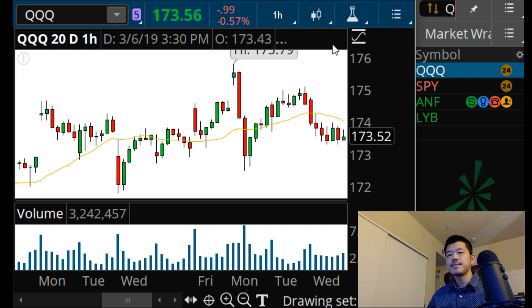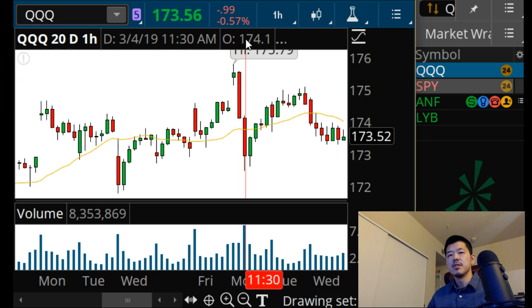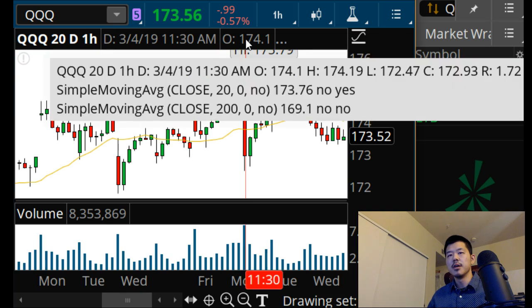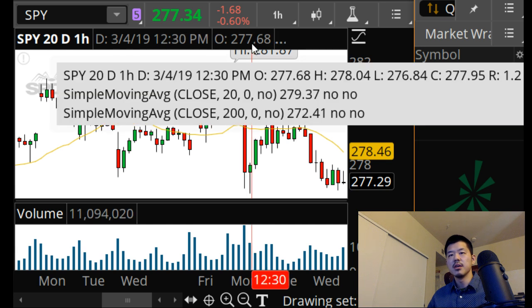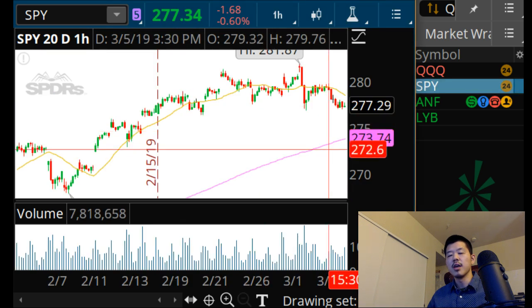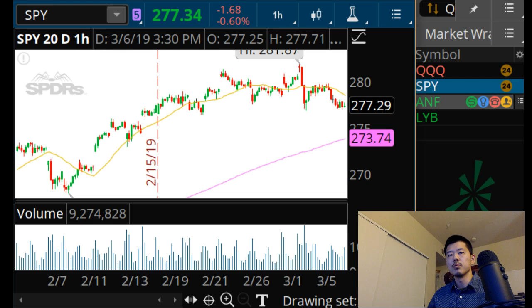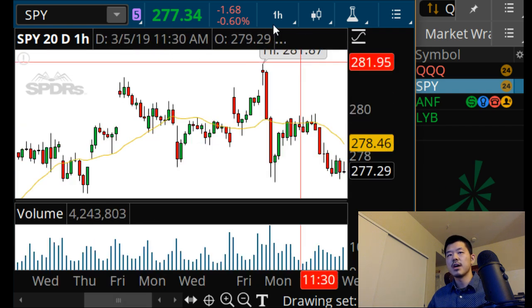Okay, so going into tomorrow, what I'll be watching is the lows here from Monday, 172.47 on the QQQ, and 276.80 on the SPY. If we break that, we are going to be looking for a bearish setup. Well, until we break that, we're neutral across the board on this hourly, and then on a sell setup or breakdown, we should be okay for a bearish bias. We'll see what kind of follow through that gives.